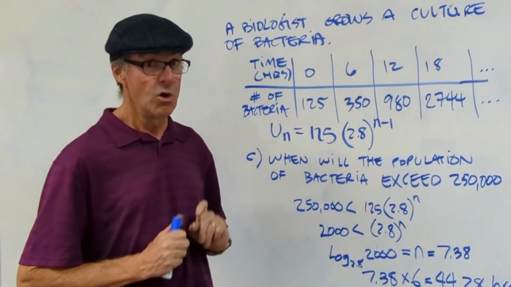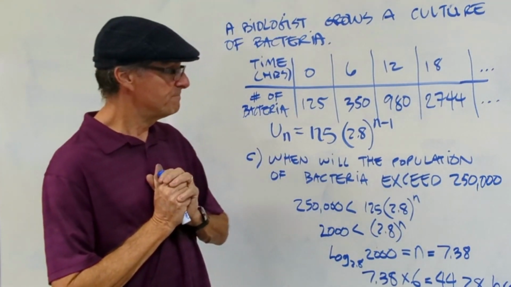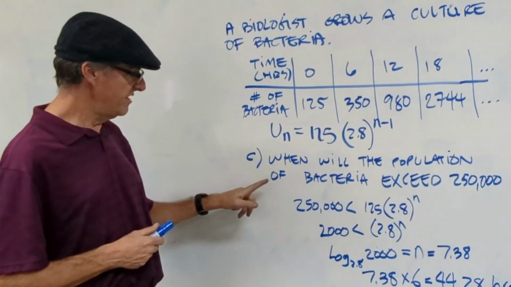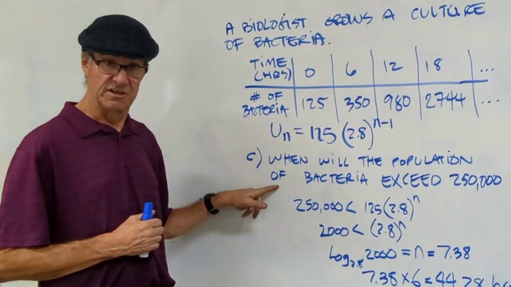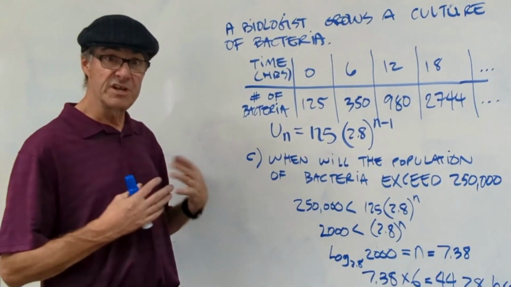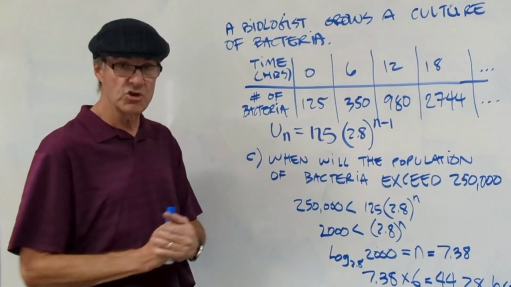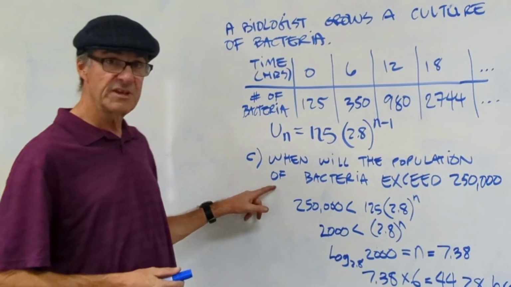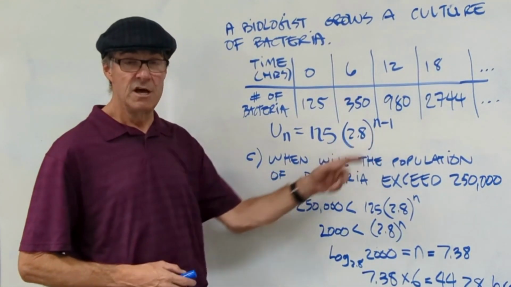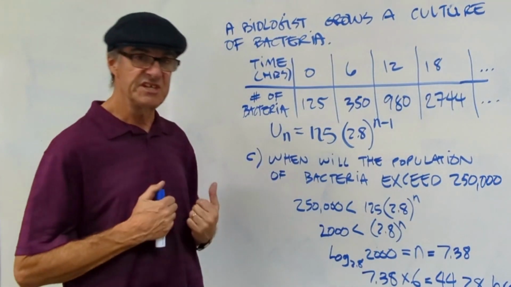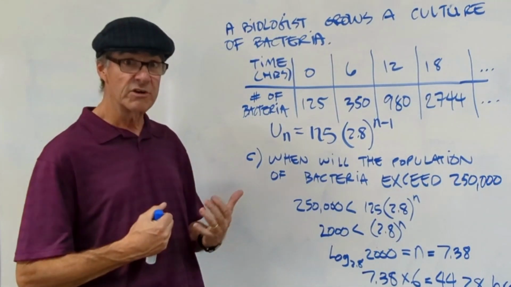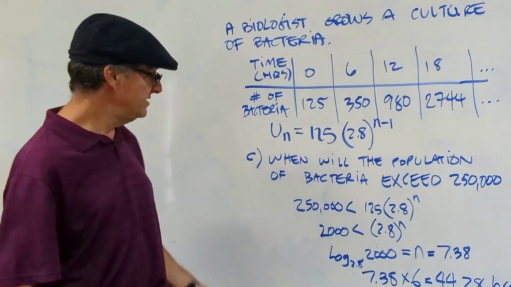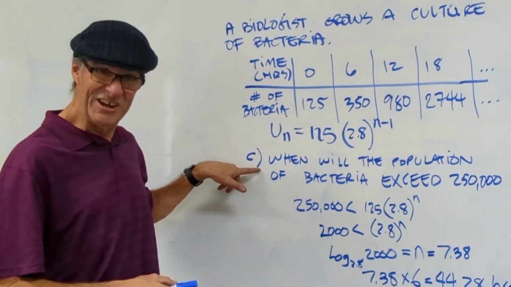Now, I want to give you one more thing to think about. We could have set this problem up with this table and asked you this question first. So this problem got scaffolded pretty well because it first prompted you to write the equation, then it had you do a straightforward calculation, then it had you do this more complicated one where we solve for an n. But the IB likes to mix things up a little bit, and they can add a lot of critical thinking